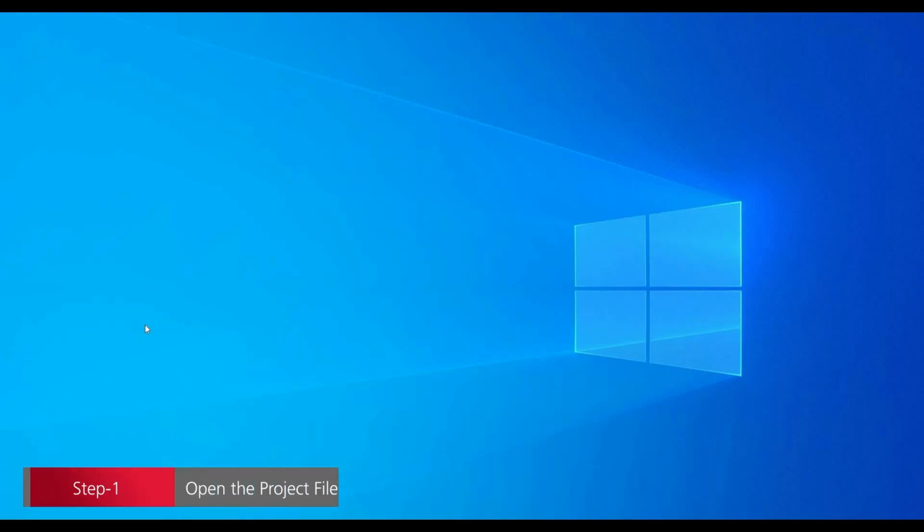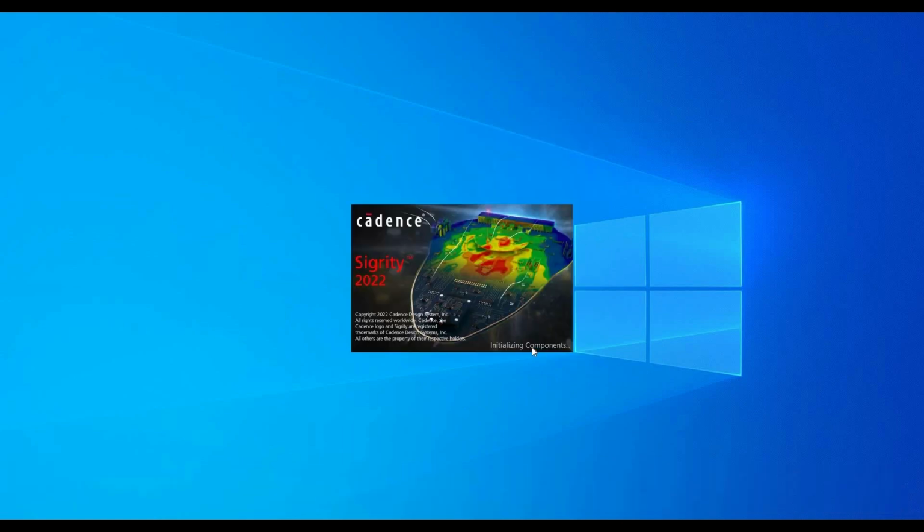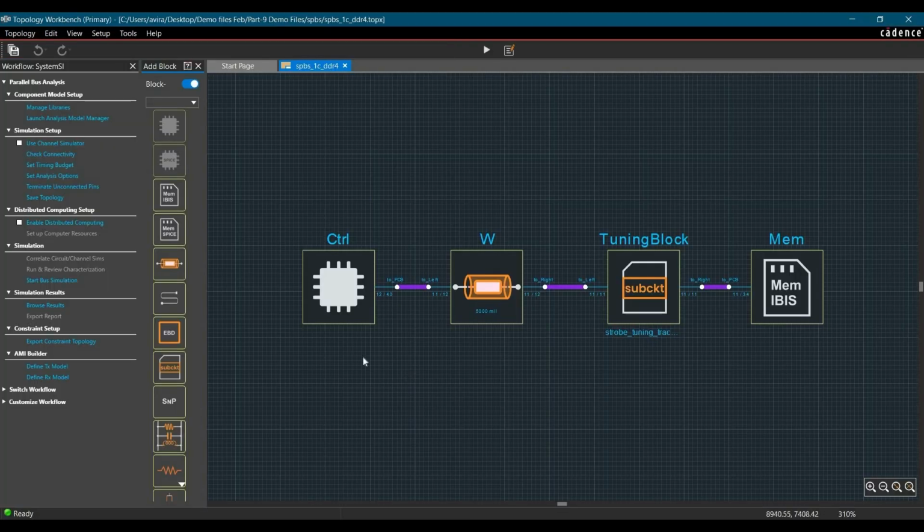In the first step, we will load the project file, which you can download from the link given in the description. Then open Topology Explorer 22.1 from the Cadence Program menu, select the Advanced SI2 license. Then open the file which we have downloaded. Once the simple parallel bus system topology is open, in the next step, we are going to run circuit simulation